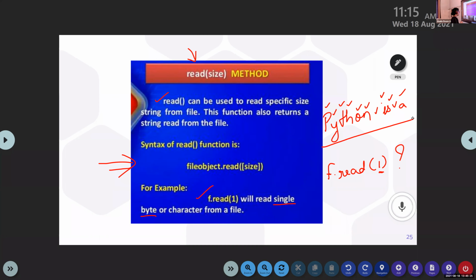Yes. What will be the output? Yes, my dear. Ma'am, I didn't understand. Okay. So